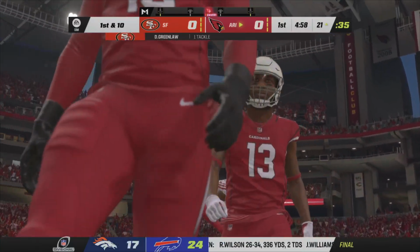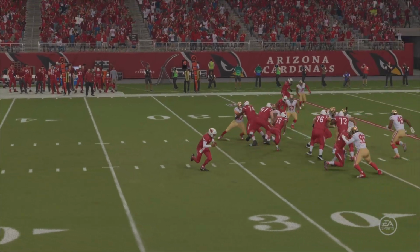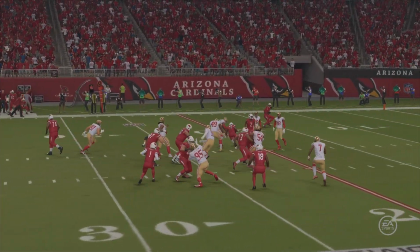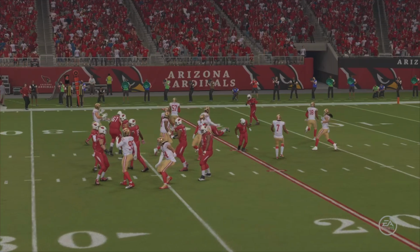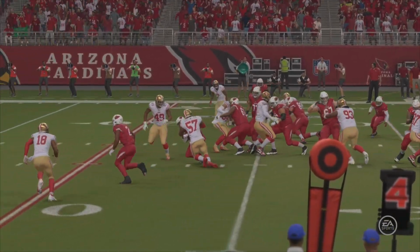Well, we kind of looked at each other as they decided to go for it. But in the end, great execution, a 6-yard gain, and it all works out. Well, that's what's called being aggressive right there. But I don't know that it's reckless. I think it's much more of a message. Hey, defense,